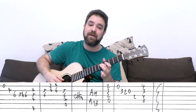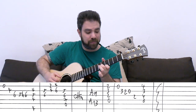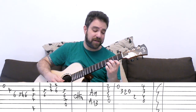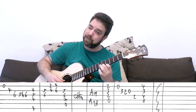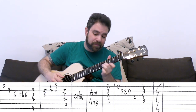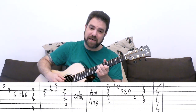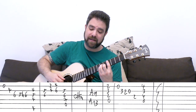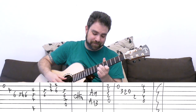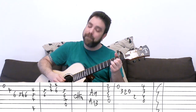So, okay, and then you have this. Okay, on the second and third strings you have 5 and 6. On the first and second you have 2 and 4 and 4 and 5. Okay, so you have, and then you have A, like the intro, you arpeggiated, and then C sharp minor like the intro, and then you have A9 and A13, and then you have the D line that started the outro,